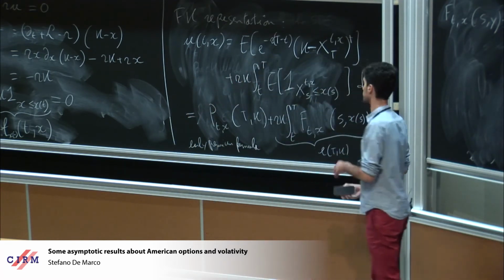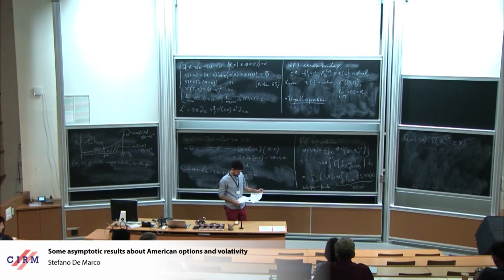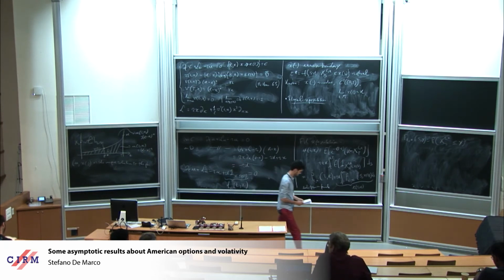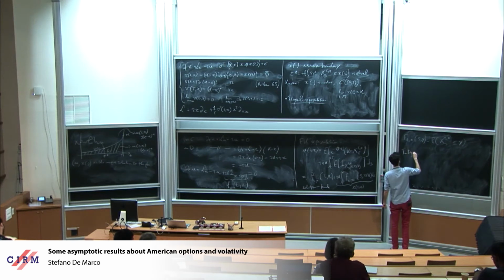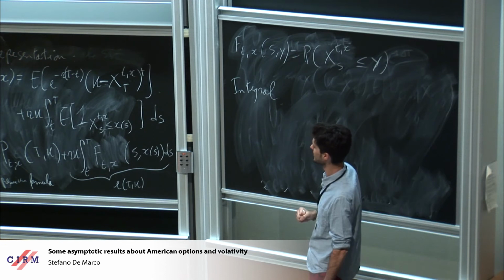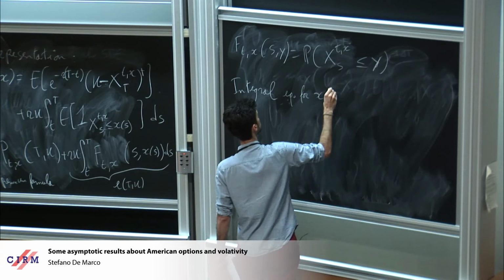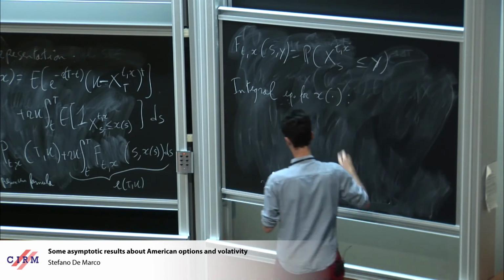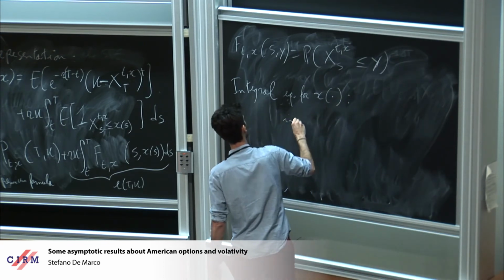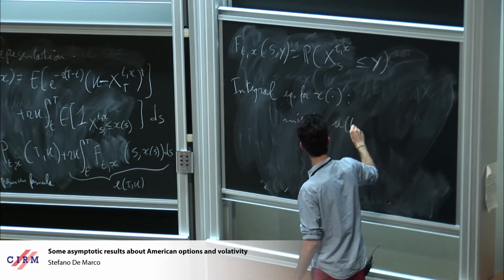Okay, this is the early premium formula. So why is this interesting? Because now from this we can get rid of u in this equation and get an integral equation for the exercise boundary x. How? Just inject the fact that along